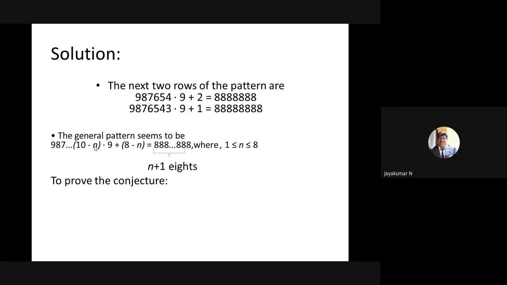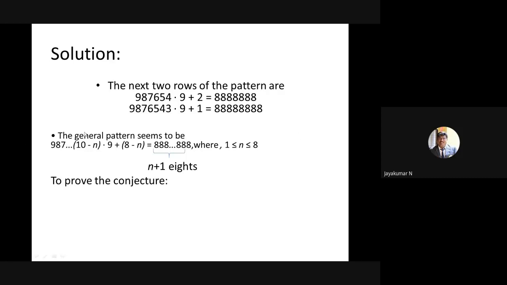Okay, see this. If you take the second equation, the first number is 9, the second number is 8, the third number is 7, and so on. So what's your final number? First equation means I start with 9, end with 10 minus n. Both are 9, so a single 9. Second equation: 9, 8. That is start with 9, then end with 10 minus 2. n means the number of equations. So 10 minus n means 10 minus 2, you will get 8. So third means start with 9 and end with 10 minus 3, 7. So you only get 9, 8, 7, etc.